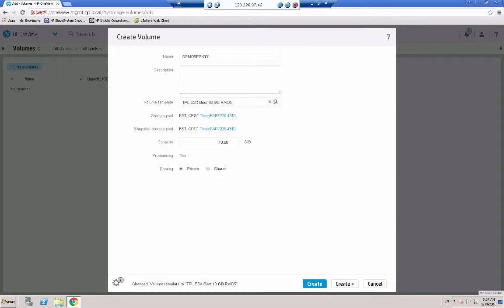So it's filled in the storage pool and the snapshot storage pool for me, and the 10 gig size is filled in for me too. I'm going to click Create Plus. I'm going to create some more. This is demo 2 from the same template. So it's creating my second volume, and create my third one, and fourth one, and last one. So click Create,